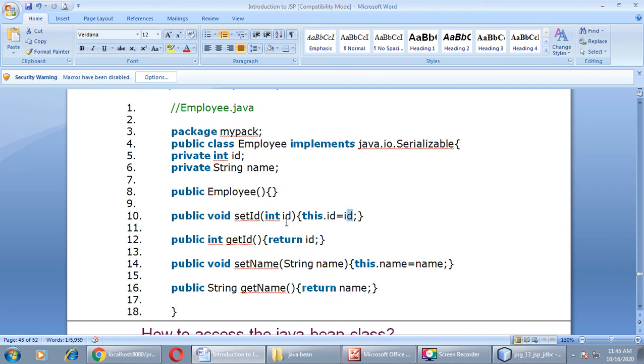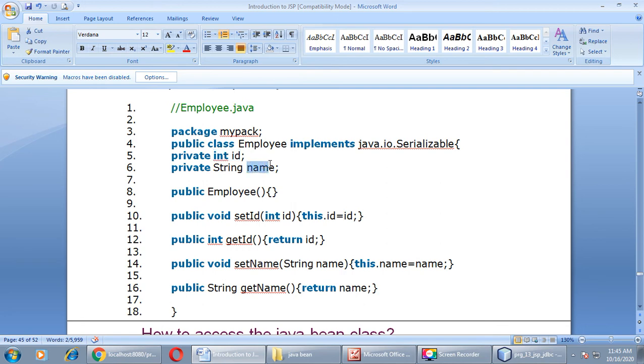So don't get confused. Here id is the name of the parameter that will come from your main.java file, and this.id means we are talking about the local variable which is declared in the Employee.java class. Now the getter method: with the help of the getter method you can return the same value.